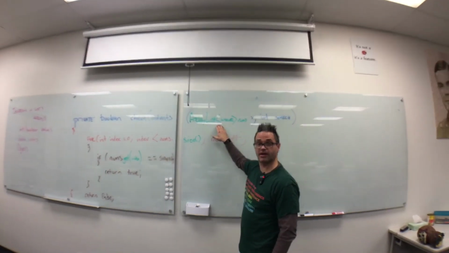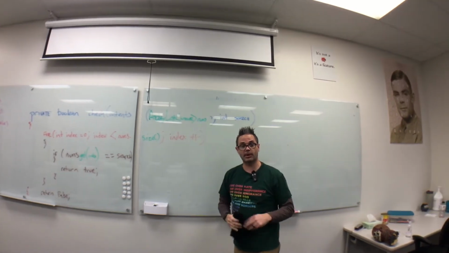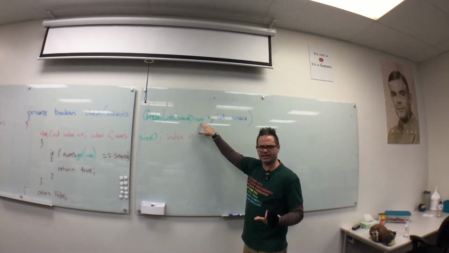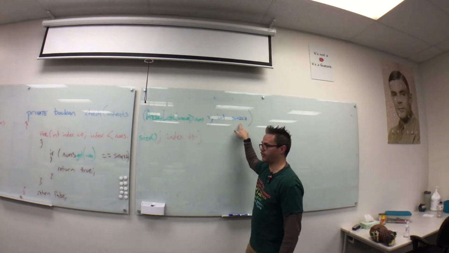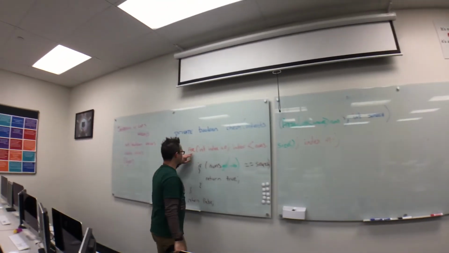Instead of it being an array of ints, it's an array list of capital I Integer. So I use the angle brackets Integer as the wrapper class to hold that. I'm keeping the same name nums just to make it easy. And again, I'm passing that search parameter right there. And again, if I were to use this to actually search through this using a standard for loop, I'll start